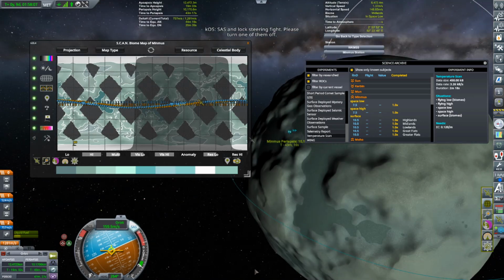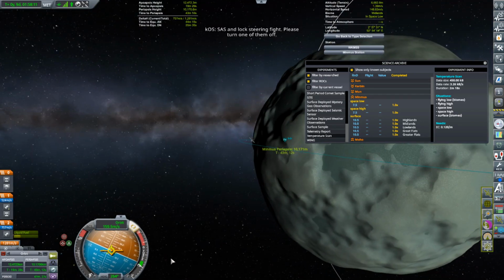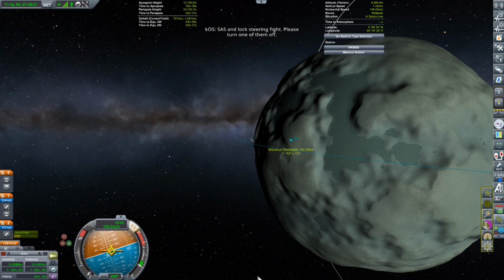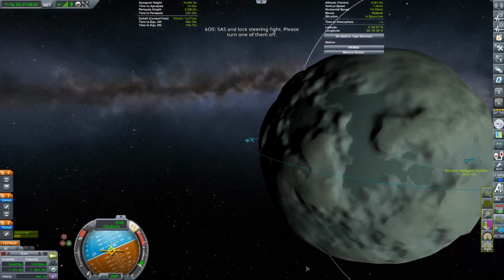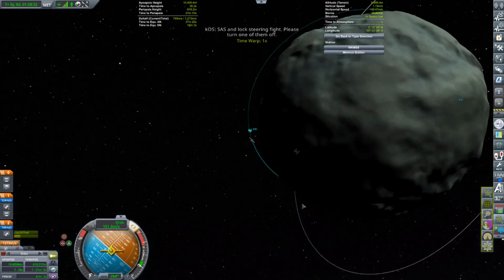So, what we'll do is... I am locked onto the retrograde vector and spinning for an unknown reason. Don't need this no more. I'm not sure that's a big deal that it's spinning, but it was annoying. Okay, we'll just burn retrograde. And that's pretty good for now. I want to make sure...